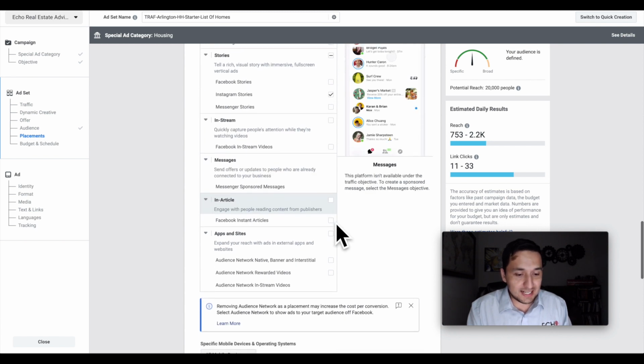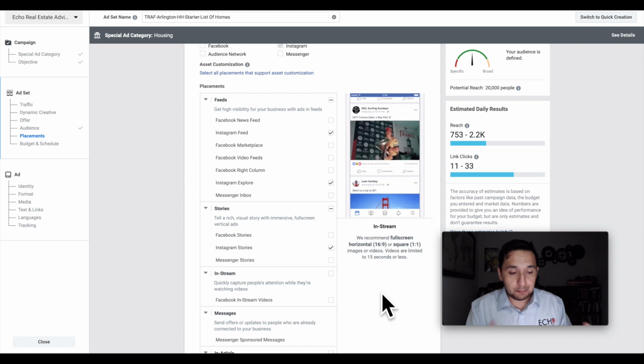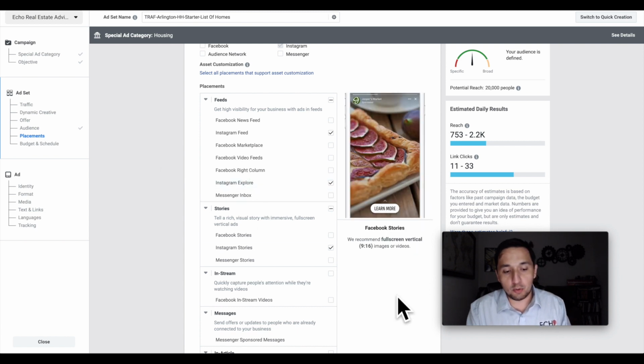All right. Now we're just going to select Instagram options. Like Instagram's Explorer is something relatively new, which is super cool. We're going to have to check that out. But for all intents and purposes, Instagram feed and Instagram stories were primarily the avenues that you had to advertise in Instagram. So if you're looking for a way to advertise in Instagram, this is the way to do it.